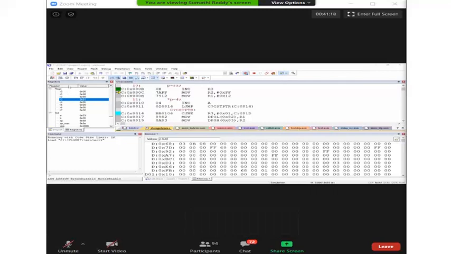So here your value is copied, and now see when it is pointing to external RAM, can you observe here FF12? FF is the higher byte of the 16-bit address and 12 is the lower byte. So your 16-bit address is available here and the memory type here is 01.